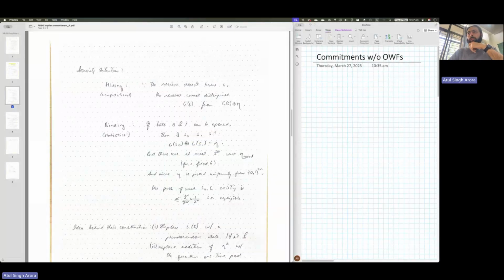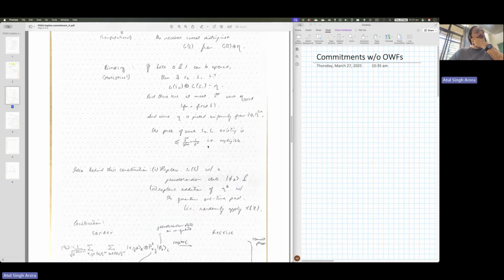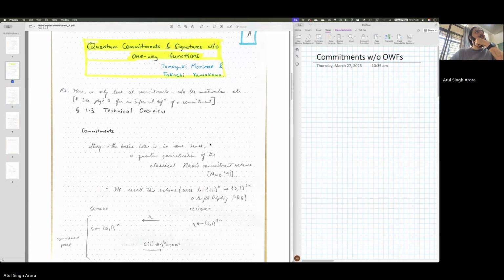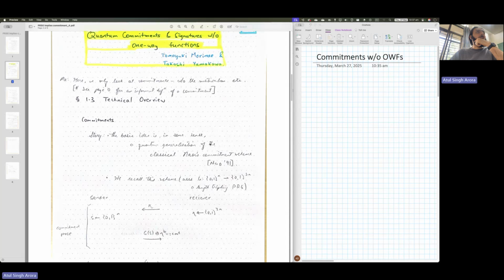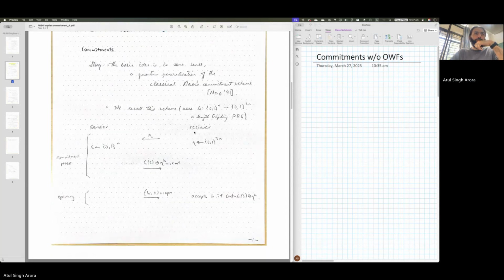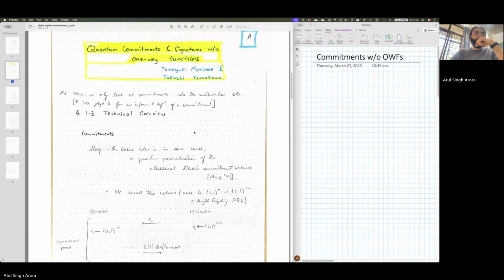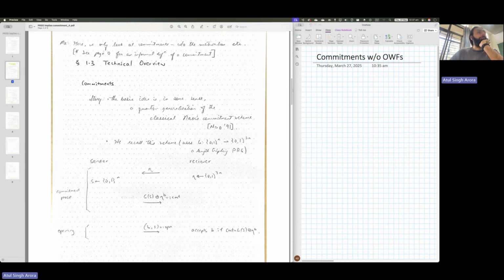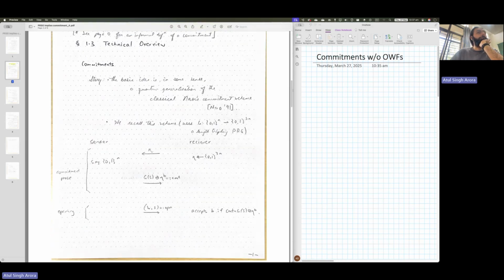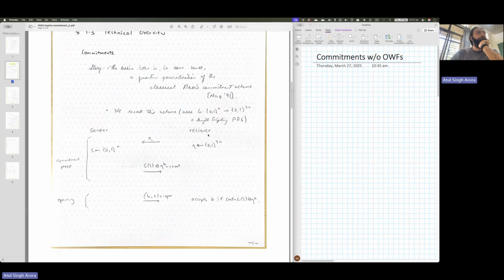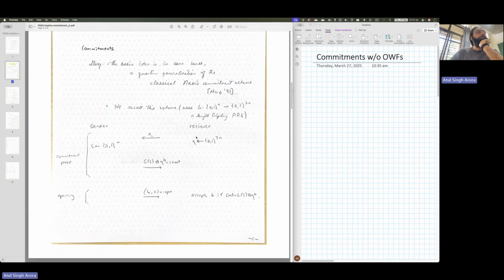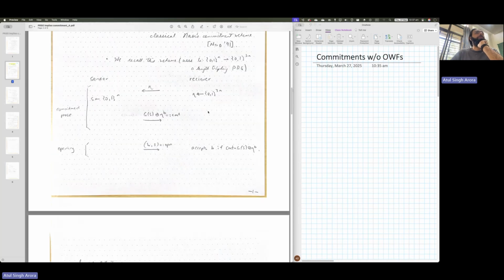All right, so let's look at the, yeah, so we were looking at commitments without using one-way functions, right? So here, in class, we already discussed this classical scheme where the receiver samples eta, a uniformly random string of